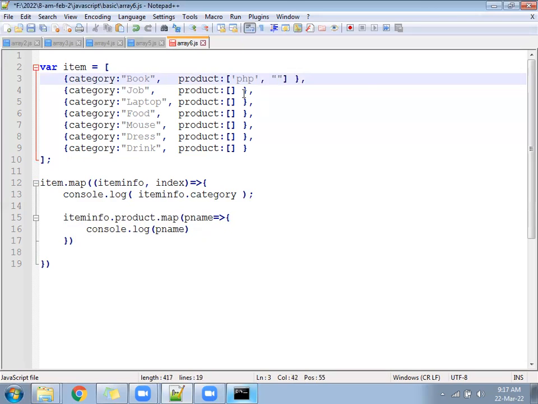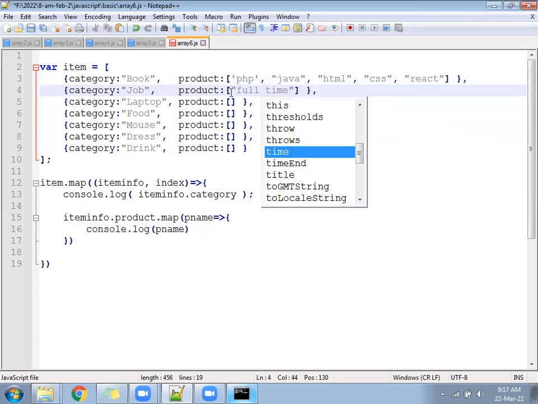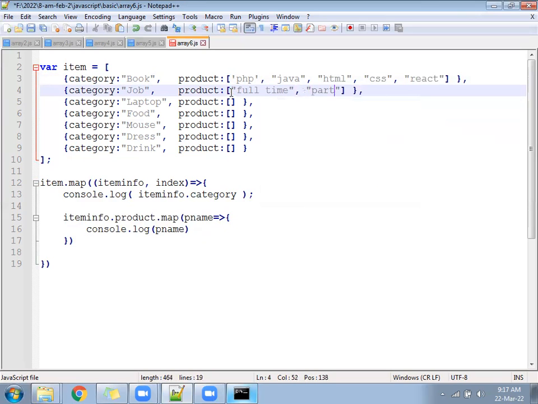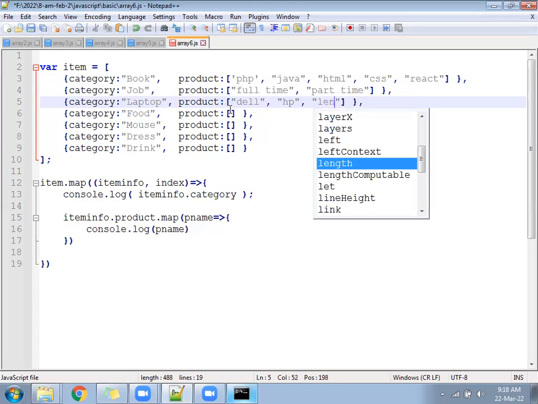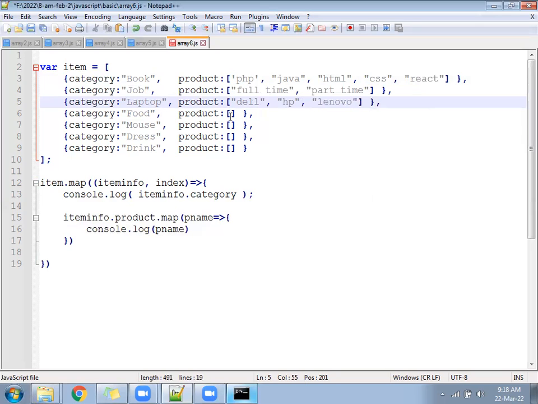PHP, Java, HTML, CSS, React, job, full time, part time, laptop, from Dell, from HP, from Lenovo, food, veg, non-veg,